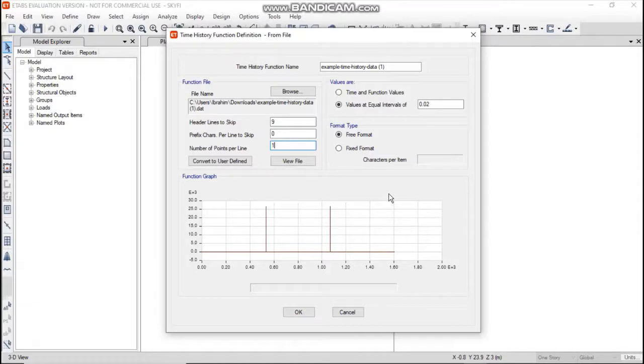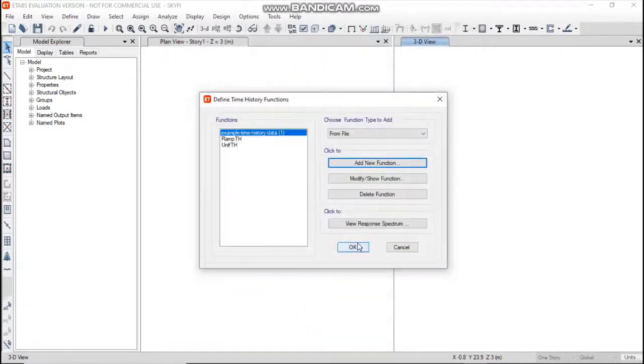So everything has been done. So now be sure that this is a fixed format for format type. Okay, so click on OK now. We will need to set now, as you can see, okay, modify.